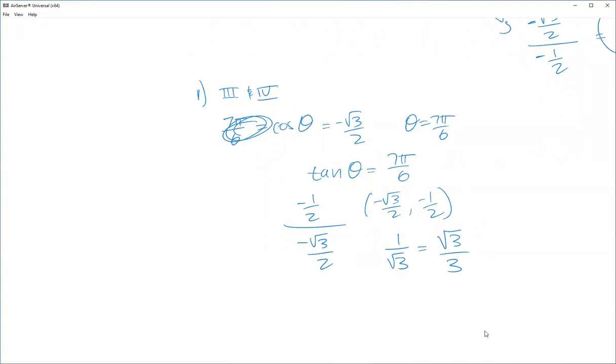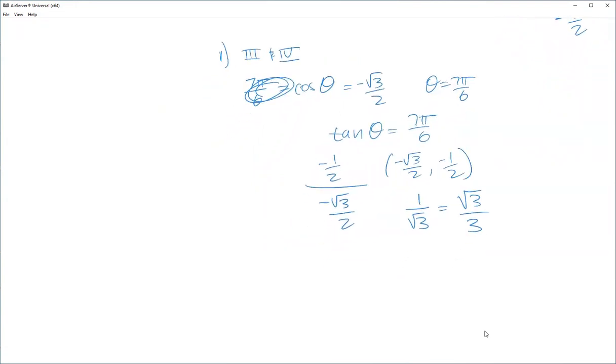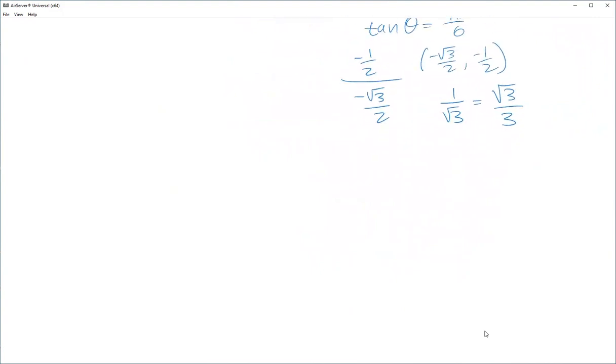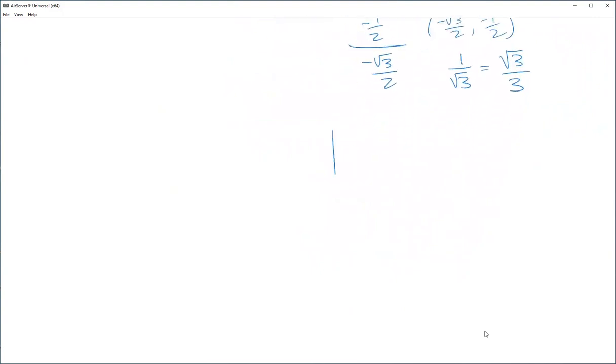And then letter 8B is draw a triangle where the tangent is 4 over 3 and the cosine is less than 0. So if the cosine is less than 0, it's either quadrants